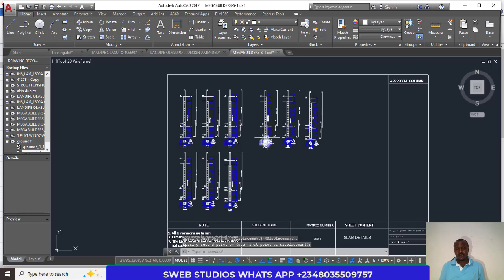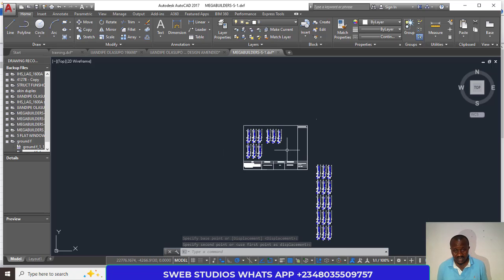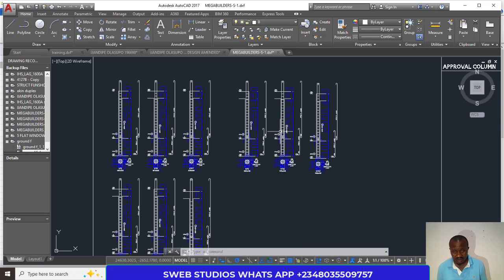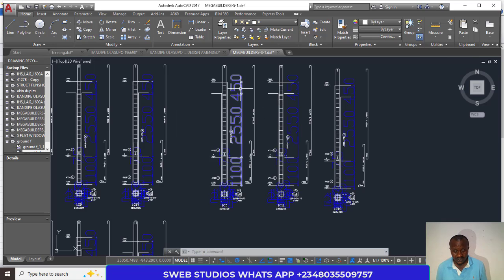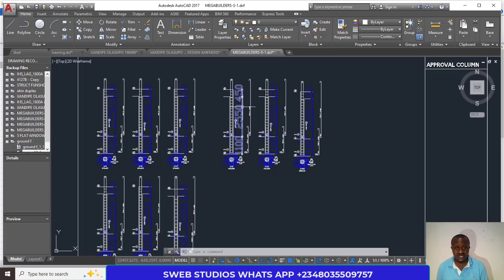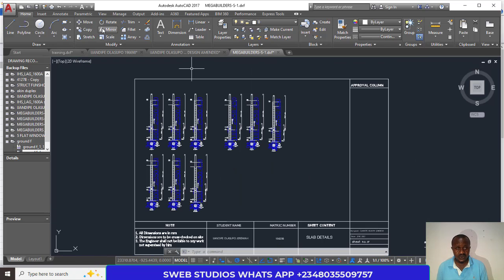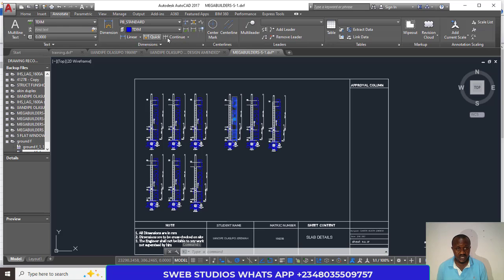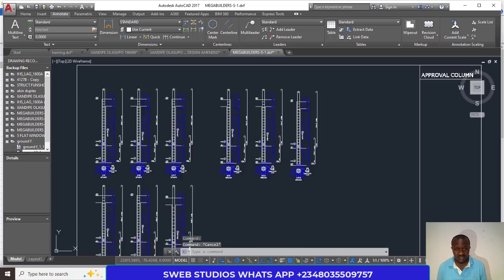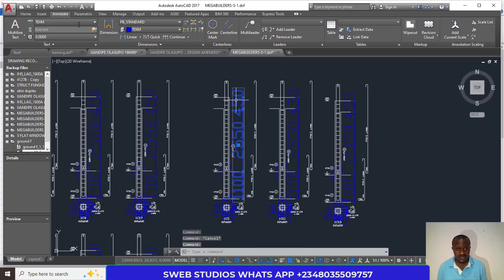Okay, so now the next thing is I can put another one down, but that's not really necessary for now. It's just for you to understand the scaling first and how to reduce this, which is very, very important. Now to reduce this, what you do is select it, then come to annotate and check. We have to create a new dimension that will fit into this, because